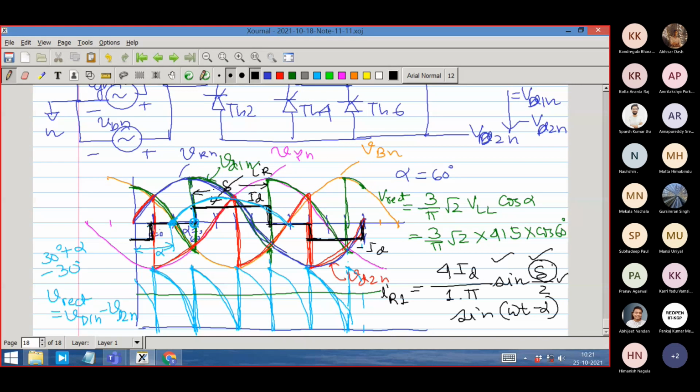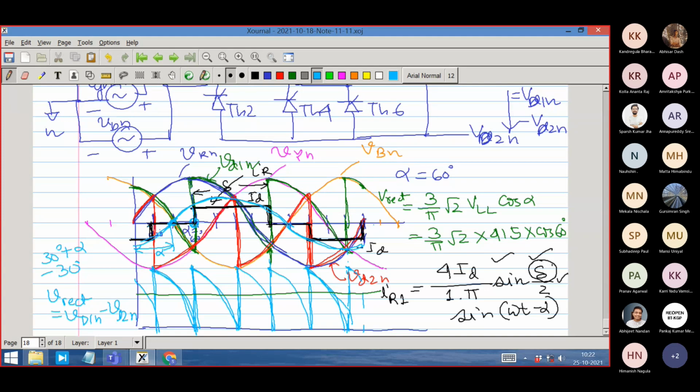The current goes high at alpha plus 30 degrees in phase A, but the fundamental is 30 degrees back shifted, because the location of the zero of the sine wave is shifted towards this, right? So here it is located, and therefore let me complete the negative part also: 1, 2, 3, the negative part is like this, then like this, and then like this, right? So that is the fundamental.